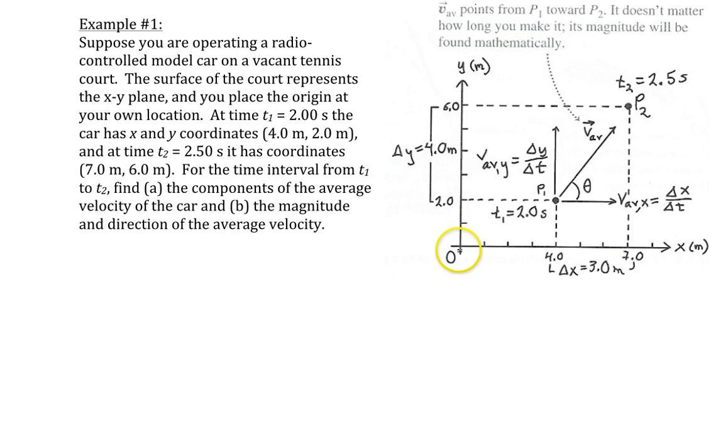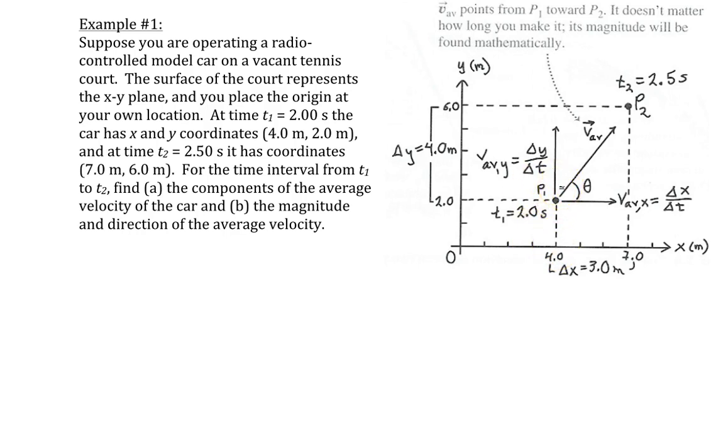And we've chosen some place on that tennis court to be the origin, and then we've laid down an x-axis and a y-axis here. And then you start time at some point while it's moving in a straight line, and at 2 seconds you measure it having coordinates of 4 meters and 2 meters. That means it is 4 meters from the origin horizontally and 2 meters up, and this is labeled as position